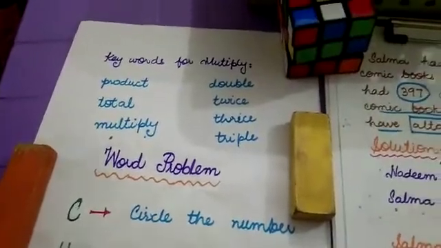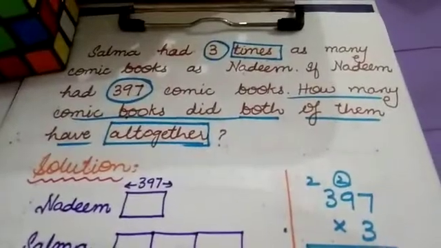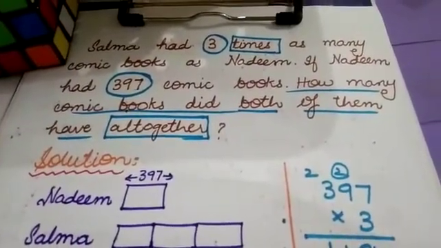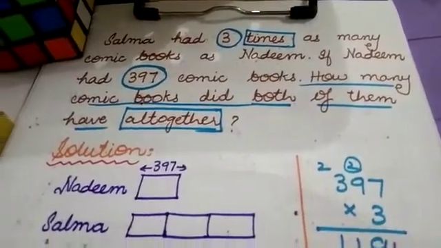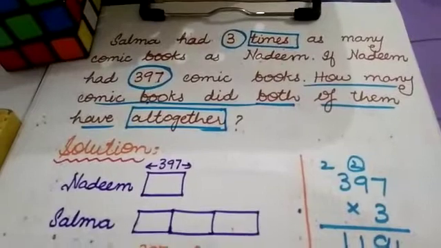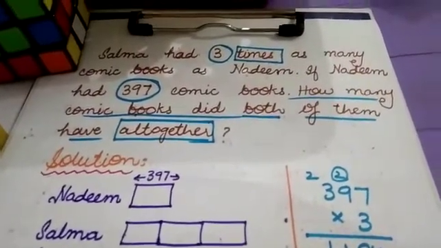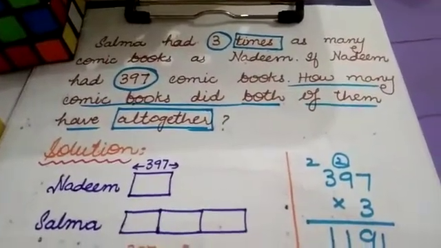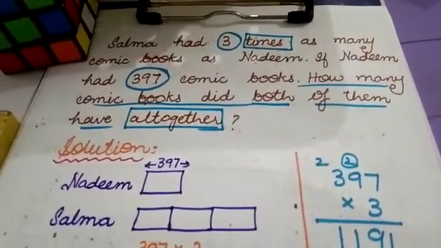So I'm going to tell you an example. This is the example from your book. It is written on page number 117 of your workbook. It is actually a two-step word problem. I will also tell you that we have some one-step word problems in multiplication, right? But I am telling you an example of a two-step word problem, to show how to do it.